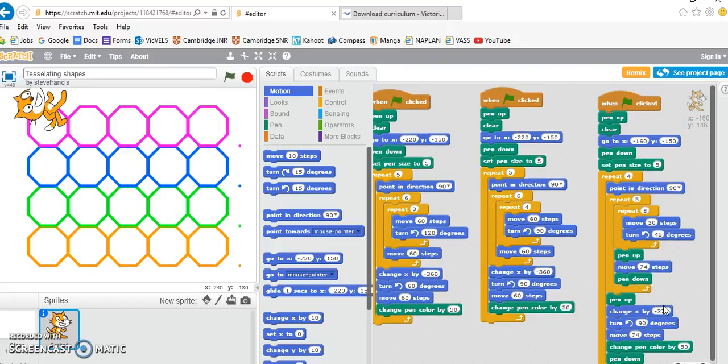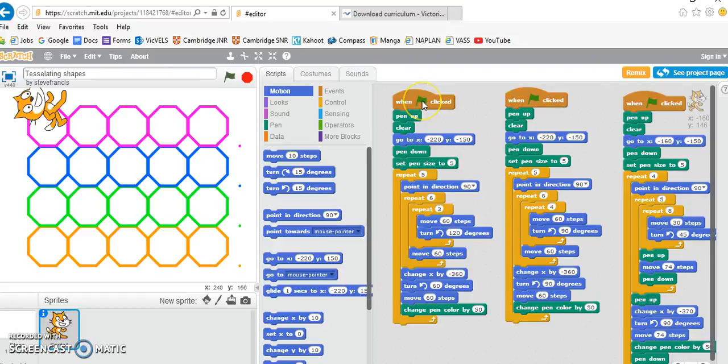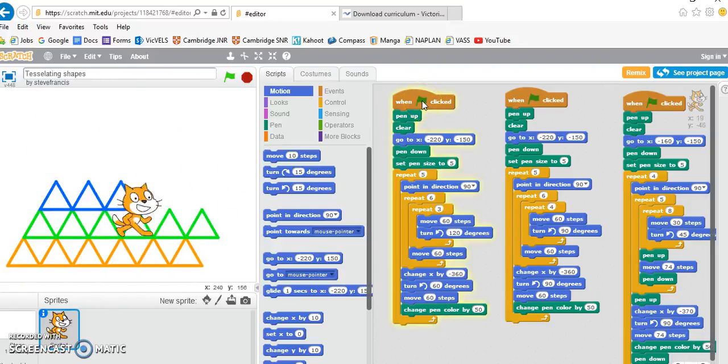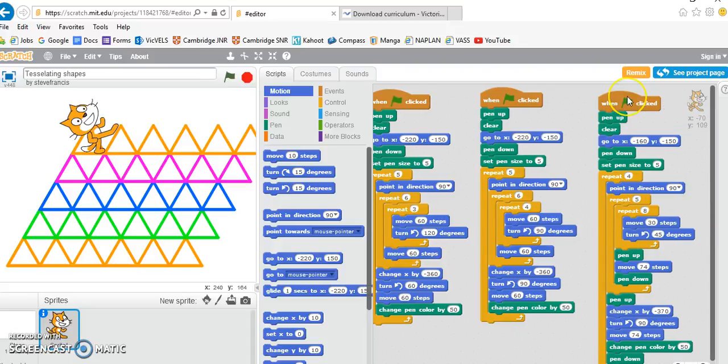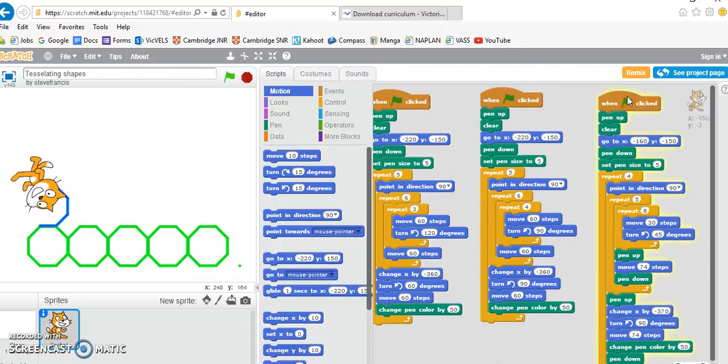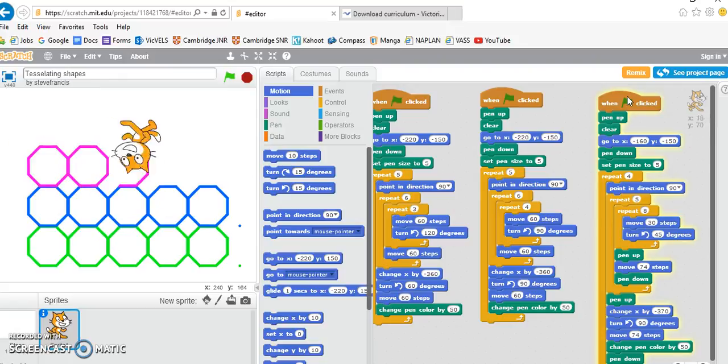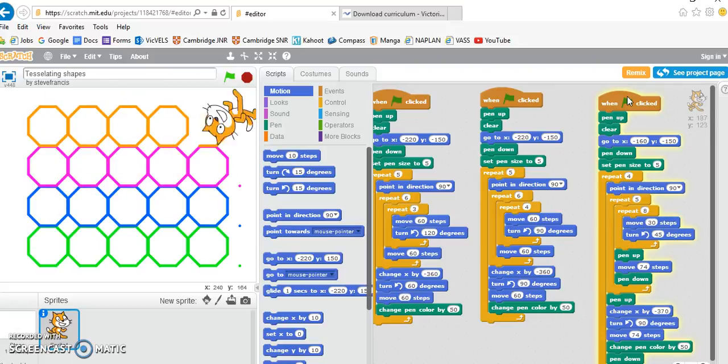So a little bit fancier on. So some of your lower level students might just be working on triangles. Once they've done that, they could move to squares. Some of the more advanced students would quickly move on to their octagons. But also students could search on Google to find out how you could introduce a variable, how you could ask